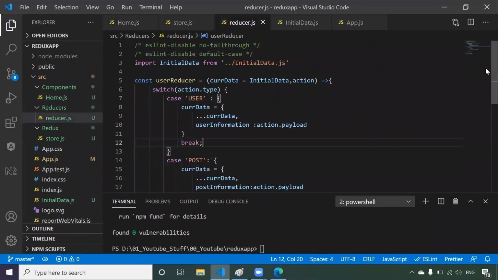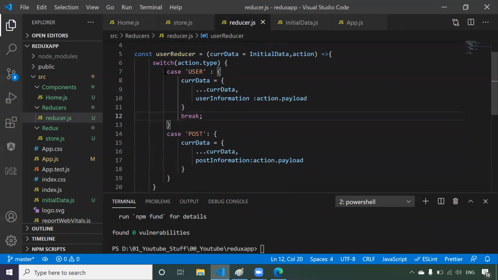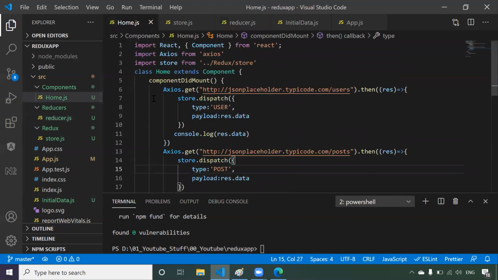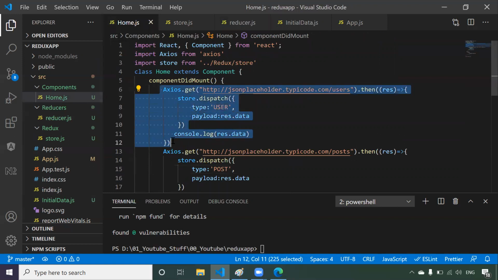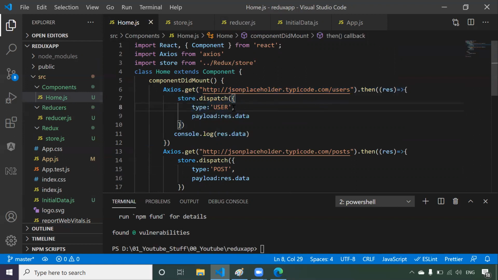So what we are doing, we wrote the two cases. The first case will be executed if the type is user. The second case will be executed if the type is post, right? Whenever our home component is loaded, first of all we are sending one request by passing a URL and telling the JSON placeholder, I want the data of user. Now data will come, it will call the dispatch. Now type is user.